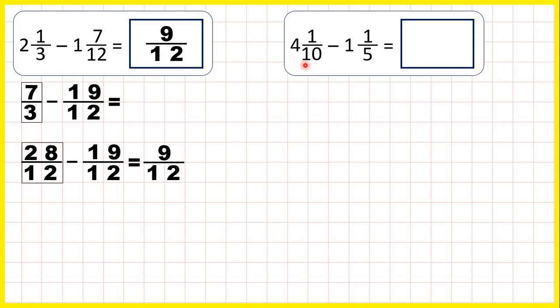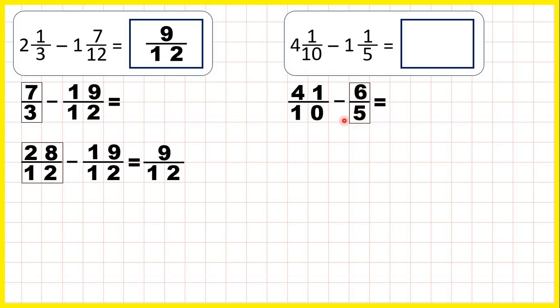Now 4 and 1/10 as an improper fraction is 41/10, because 4 times 10 is 40, plus 1 is 41, and we're subtracting 1 and 1/5, which is 6/5 as an improper fraction. Now to subtract fractions, we need the denominators to be the same, so we're going to need to change 6/5